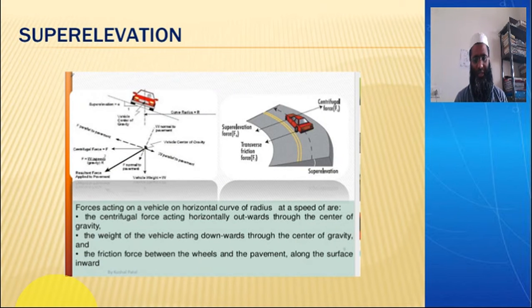The next road geometric feature that comes into the picture is super elevation. What is super elevation? Super elevation is something that we see on the turnings of the road. If you observe, the outer edge of the road is at a higher level than the inner surface at the turnings. What happens when you turn a vehicle, especially if you are traveling in a car, is that when you are taking a turn, your inner wheels face a lot of pressure when compared to the external wheels. The external wheels come into the air. I mean, some portion of your external wheel will be in the air, not in contact with the road surface. So this is where super elevation comes into the picture.